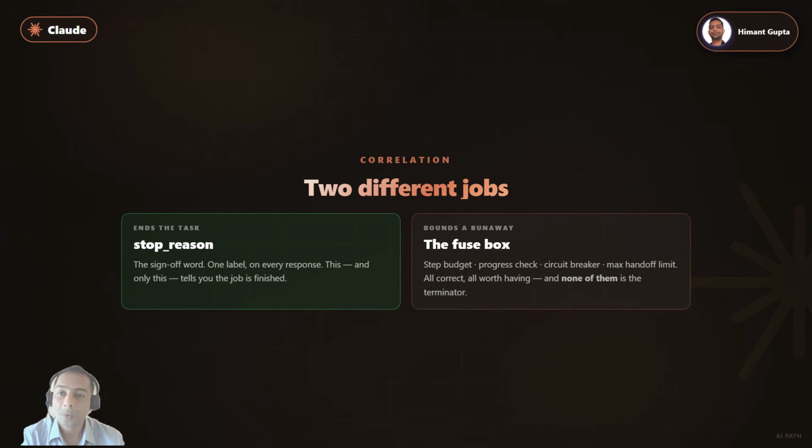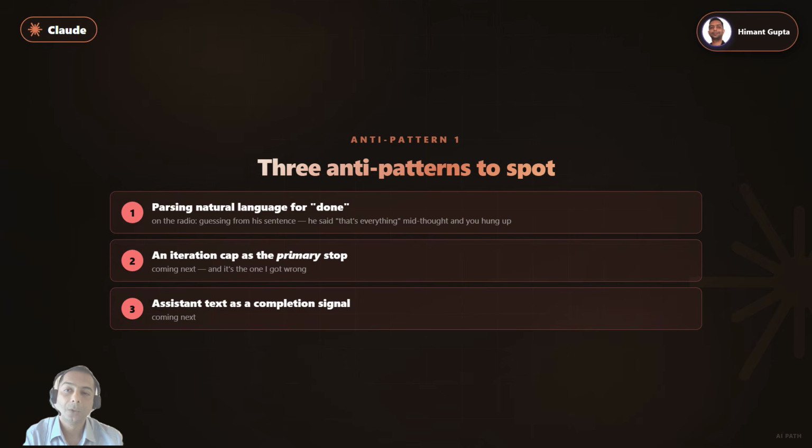Bounding a runaway loop: a step budget, a progress check, a circuit breaker that halts after the handoff limit so two agents can't ping pong forever. All of that is correct, and you should have them. They are the fuse box, but none of them is how you actually stop the loop or how you know that the job is done. So the anti-patterns, according to the official guide, there are three,